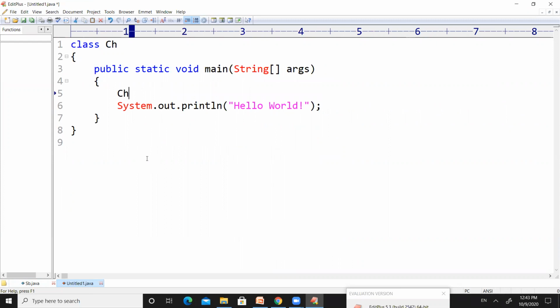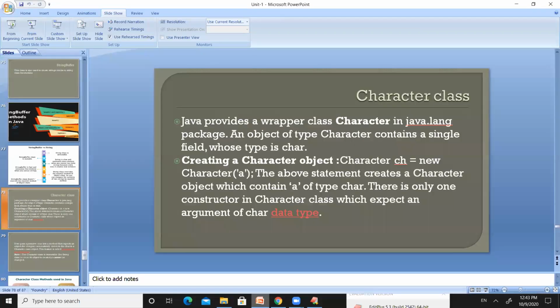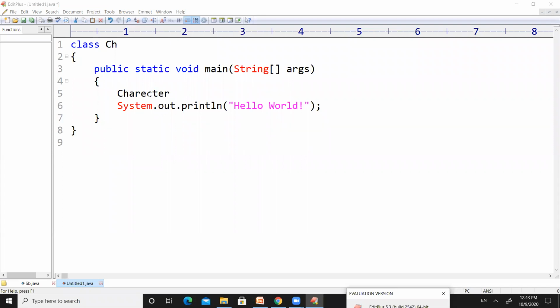So if we want to create an object for Character, we can create it by using Character ch = new Character, and I am going to store the character a here.